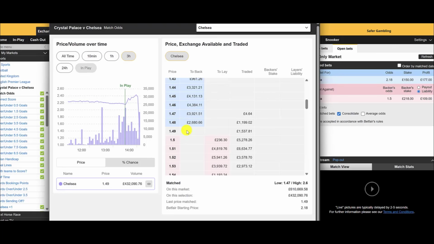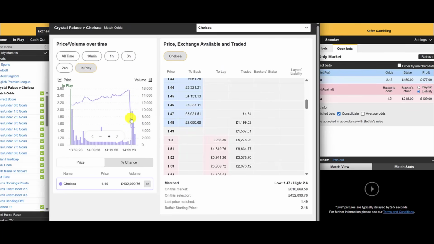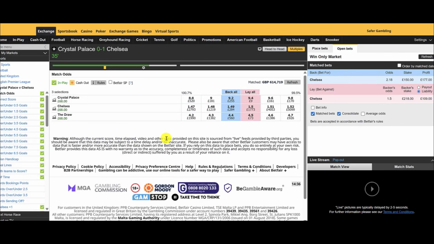Fairly early goal in this one. With the amount of green we had on Chelsea, it would have been a little bit better for that goal to arrive late on, for them to take the lead. You'd lock in more green, but as it stands, quite a lot of the match to play, and you can see this was how the trade played out. And those spikes in the odds, these are people laying Chelsea off also, so there's obviously a lot of other people who followed the same trade also, probably not using AI.